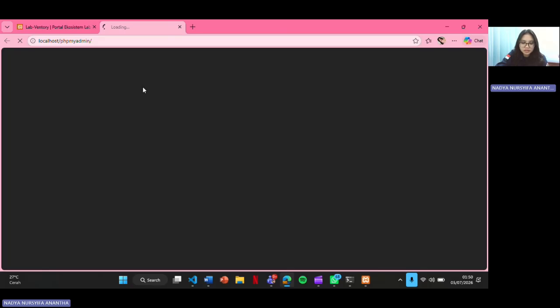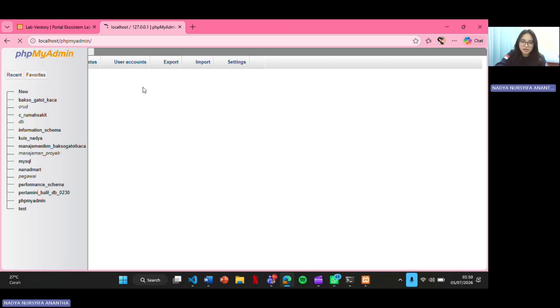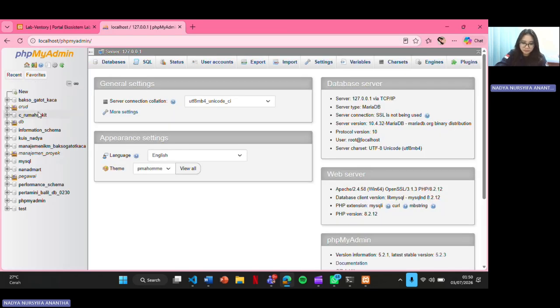And third, the pinjaman table, which stores the borrowing transactions. This table connects the user table and the barang table through foreign keys, representing the relationship between who borrows what item.